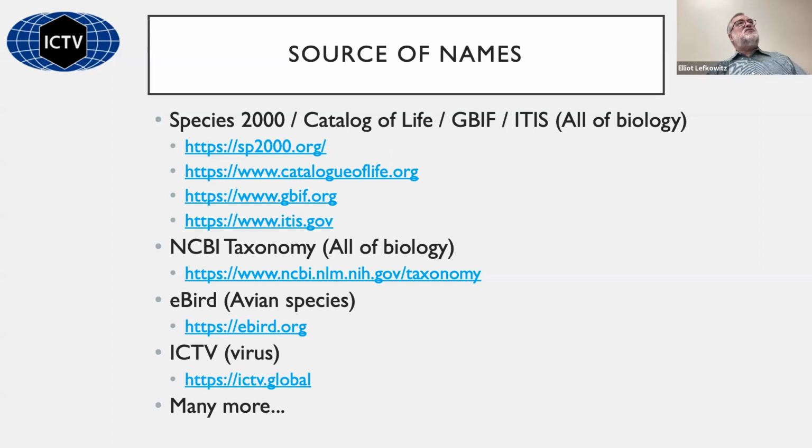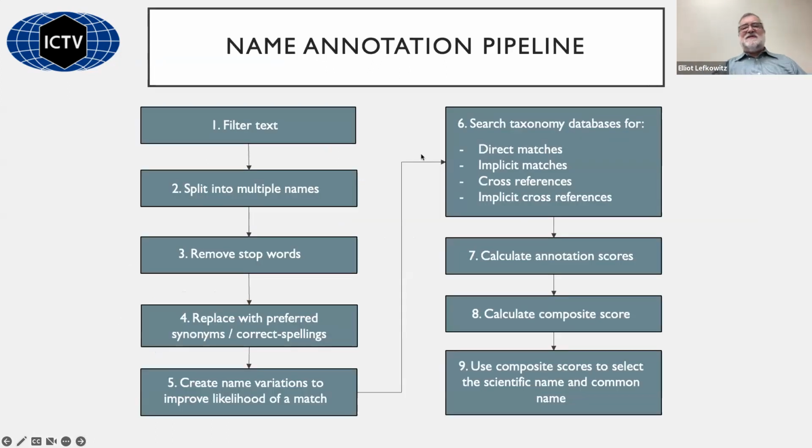So what we do, we start with a database or databases of different names. These are different taxonomic databases, including NCBI, and they all have common names associated with them. There's a lot of overlap, but there's also a lot of unique names in all these databases. So Don Dempsey in my group has developed a name annotation pipeline that has as a data set all of those databases or some of those databases that we can use to search against when someone